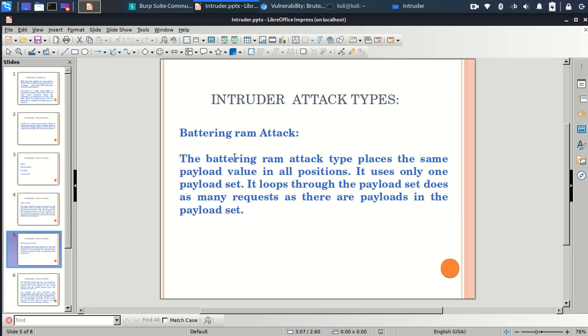Battering ram attack. The battering ram attack type places the same payload value in all positions. It uses only one payload set. Similarly, like the sniper attack, it also uses only one payload set. It loops through the payload set as many requests as there are payloads in the payload set. It means that